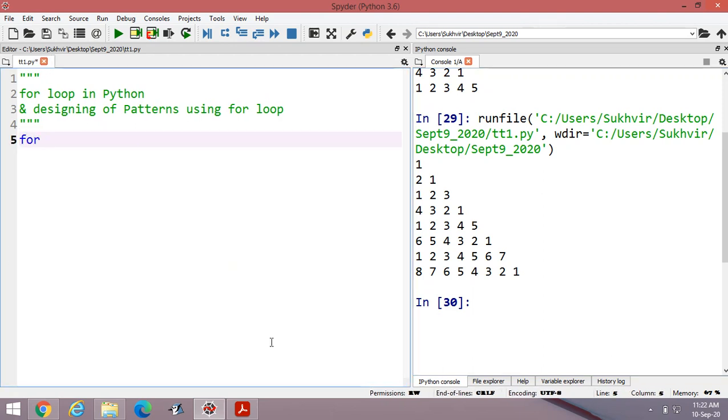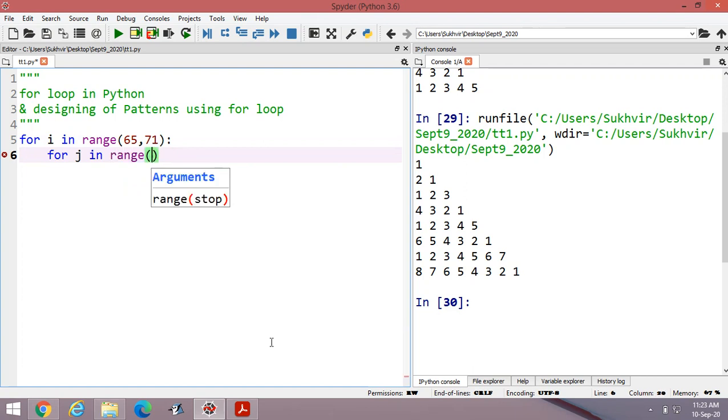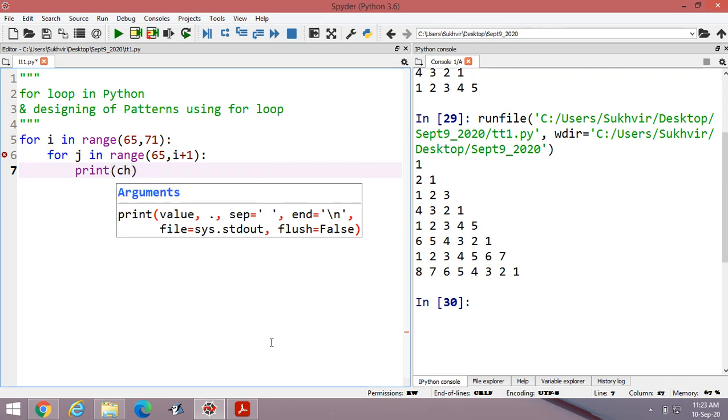Suppose I am writing for i in range, 65 to 71, and then for j in range, 65 to i plus 1, then print chr, which changes into character, then j.